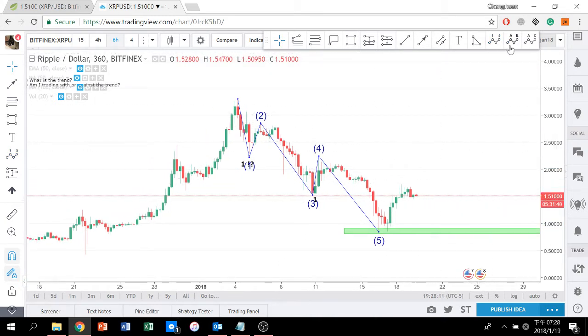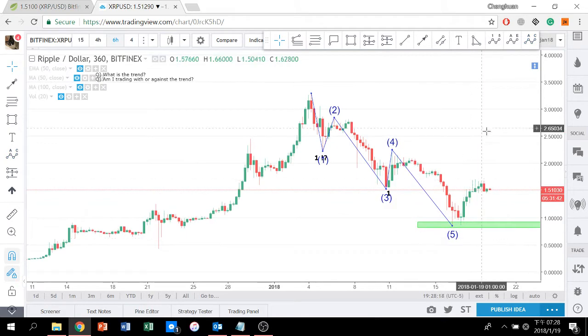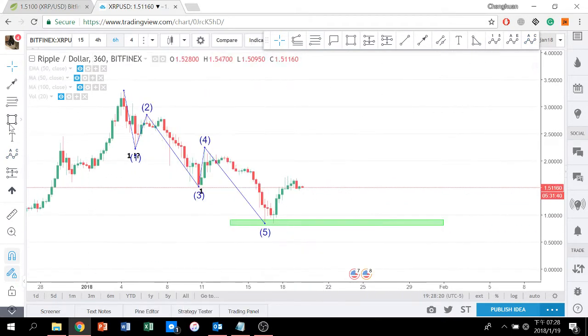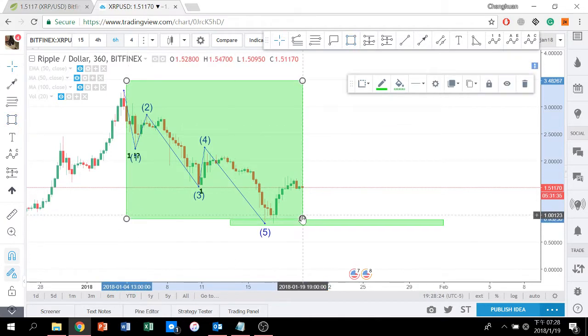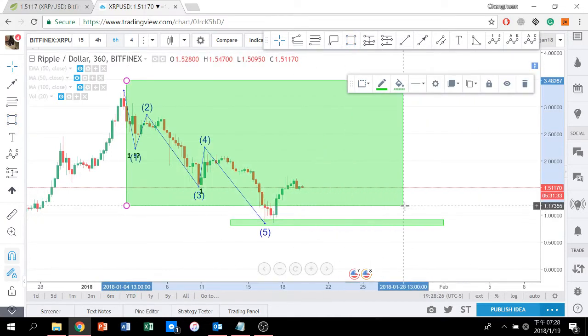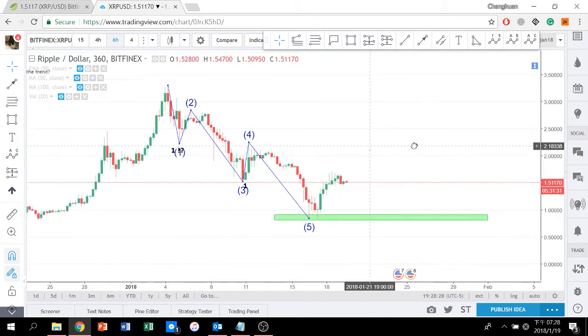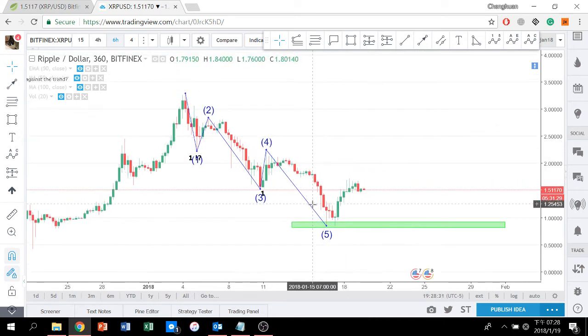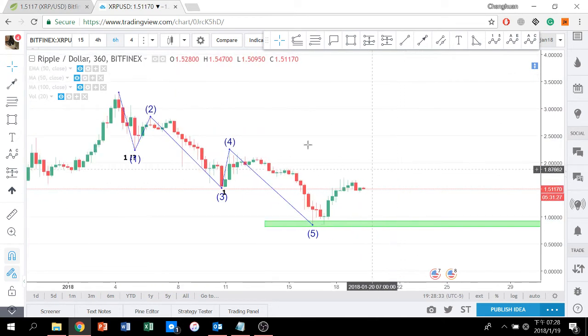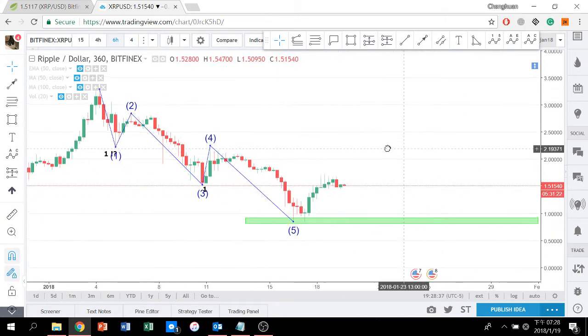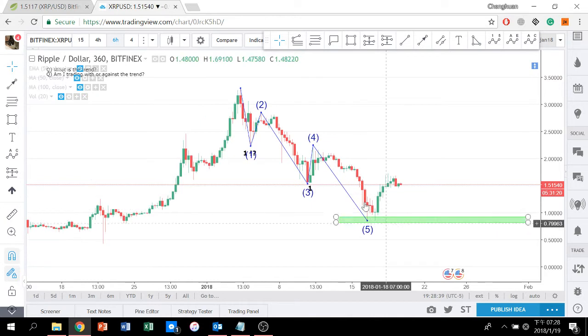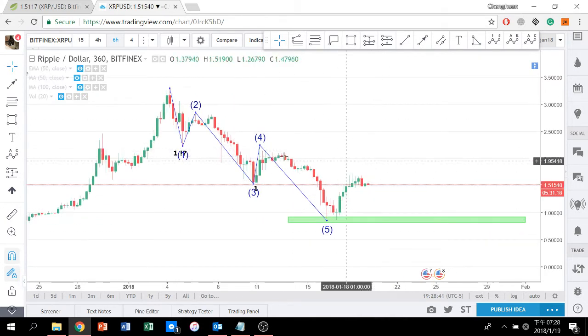There are many corrective patterns, right? We could have an ABCDE triangle wave, we can have a general ABC, but no matter what corrective pattern forms in the future, we don't know, right? This whole corrective pattern, what will form, we don't know yet. But what we do know is the first leg down needs to be composed of 5 Elliott waves. So if you draw your wave 1 here, you would think the downtrend has ended, right? Not the downtrend. The first leg of the correction has ended.